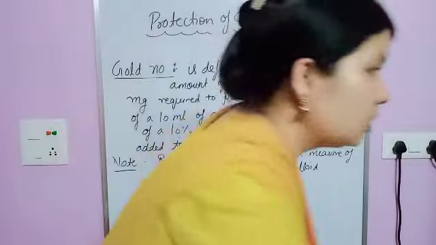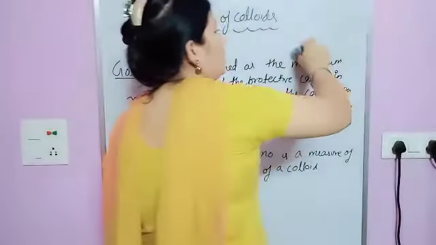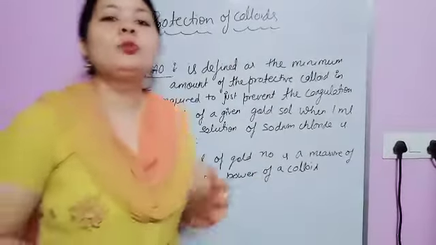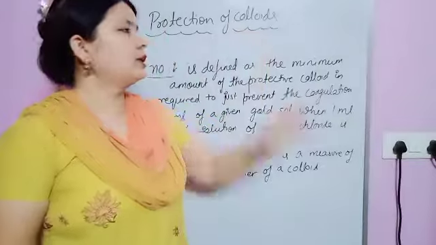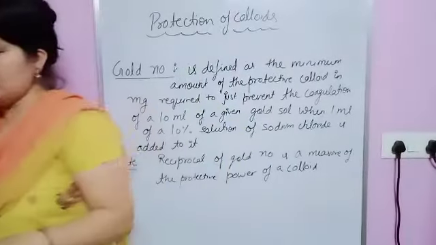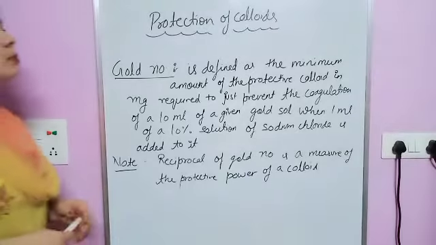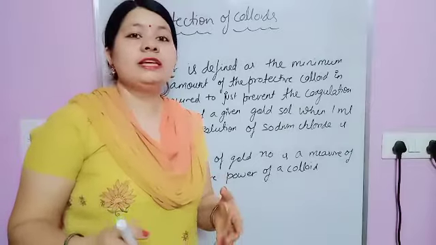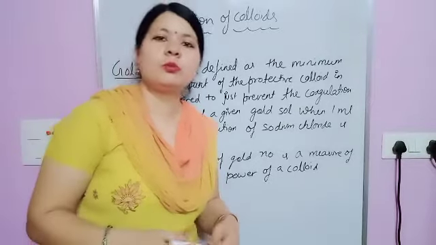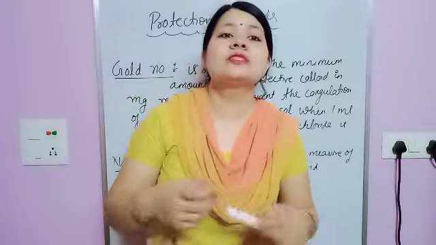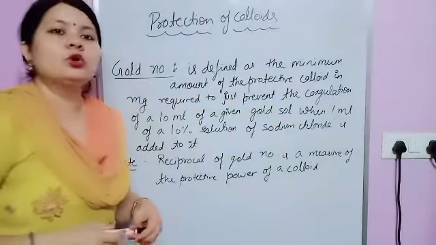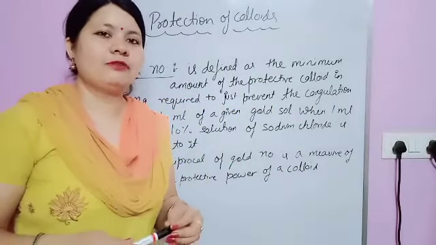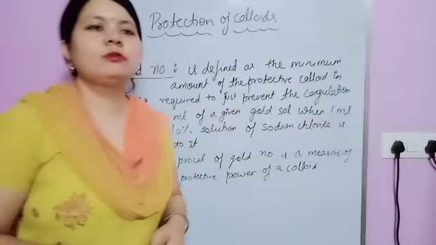And that one will be more stable. Okay, so in that case the colloid which is added to protect from coagulation is known as a protecting colloid. उसको हम क्या बोलेंगे, protecting colloid. And you know that protecting power is different, जितने भी आपके colloids होते हैं, their protecting power is different, and that is expressed in terms of gold number. Although the definition of gold number you have to learn, that protecting power of the lyophilic colloid will be expressed in gold number.